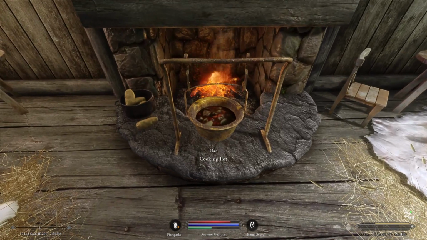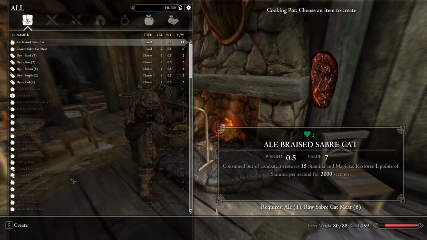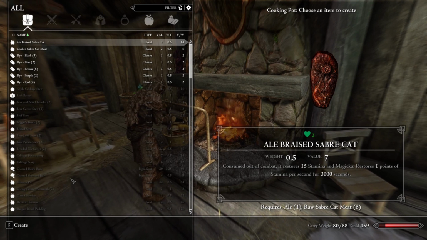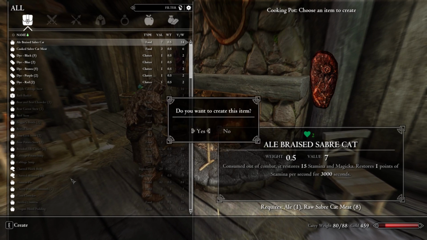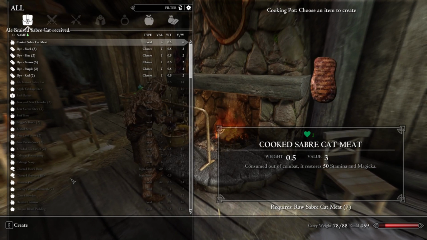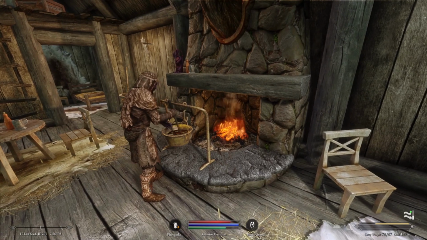It's interesting, his name sounds almost the same as ours. Let's, okay, we can actually make ale-braised saber cats. So we have ale and raw saber cat meat. This gives us 3000 seconds of stamina recovery. That's fantastic. We should actually keep that in mind and maybe just, hey,